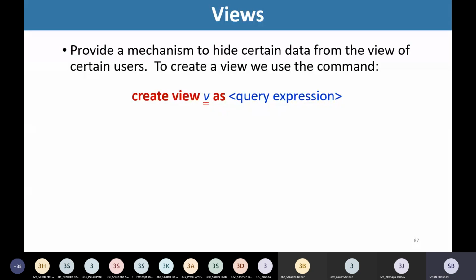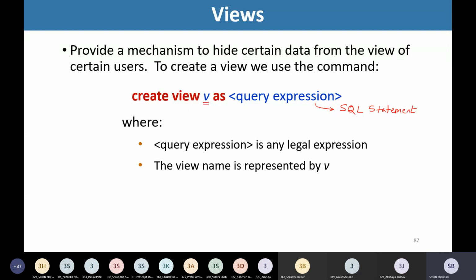V is the name of the view as, and then we are writing the query expression. So this query expression is nothing but an SQL statement, right? So we are creating a view, we are giving some name for that view, and we are creating this view with the help of some SQL statement, right?